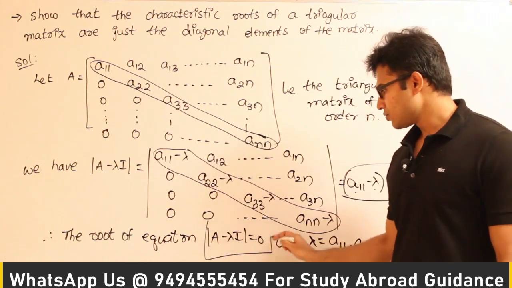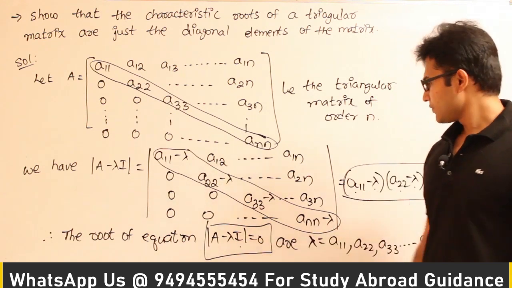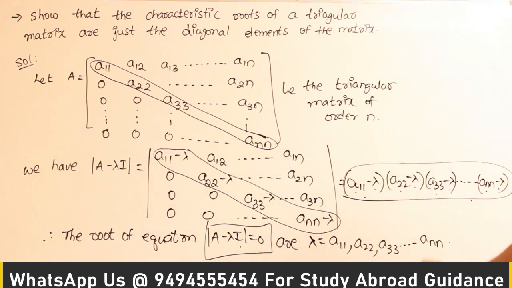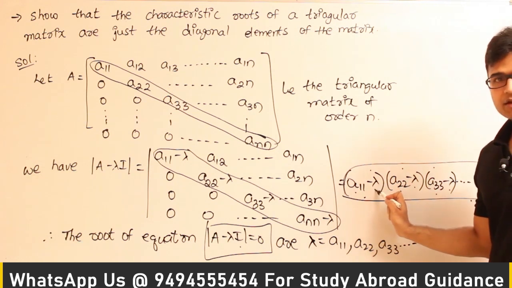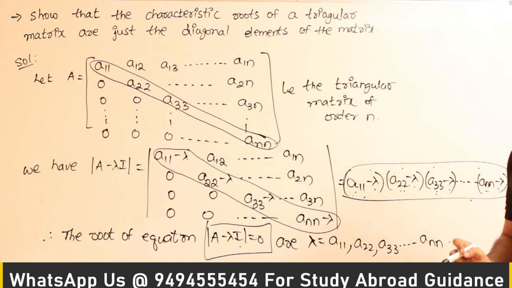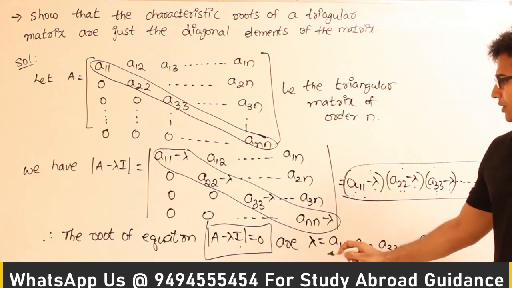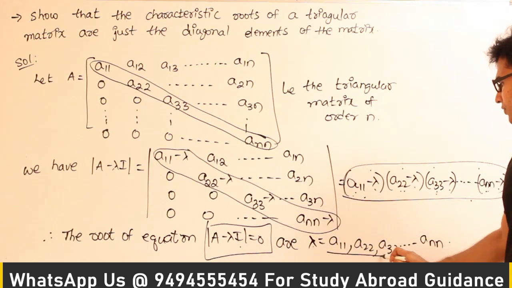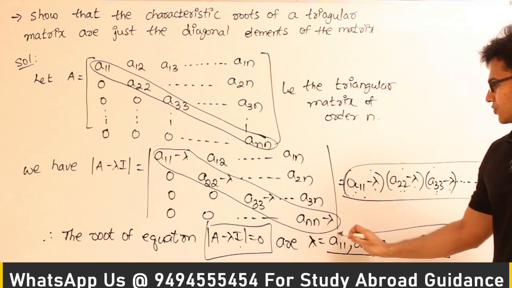Therefore we have to find out the roots of this one. So what will be the roots of this one? This entire thing has to be equal to 0. If this entire thing has to be equal to 0, then any one of them has to be 0. If any one of them has to be 0, then lambda has to be either a11 or a22 or a33 or ann. Therefore we finally find out that lambda has to be a11 or a22 or a33 or so on,